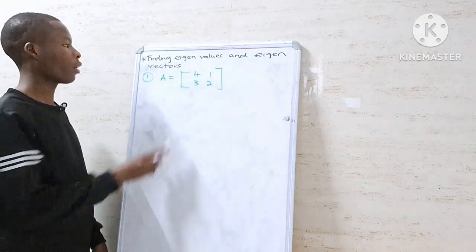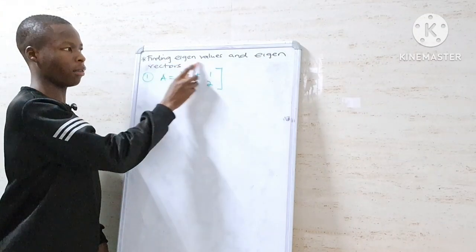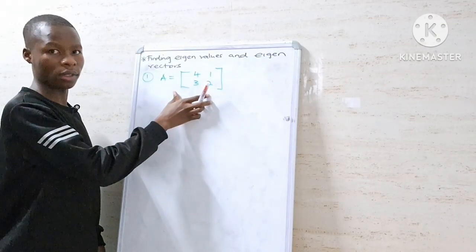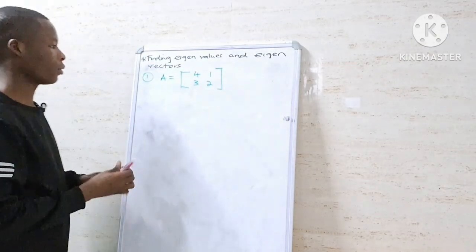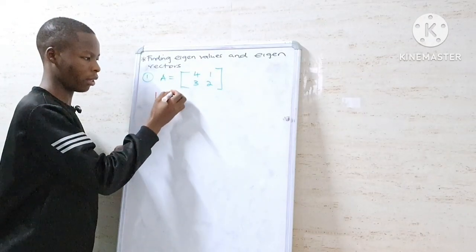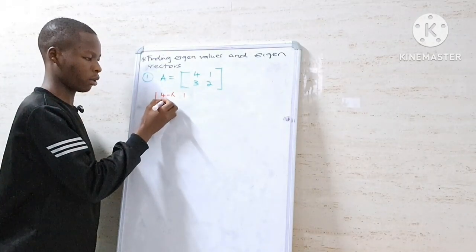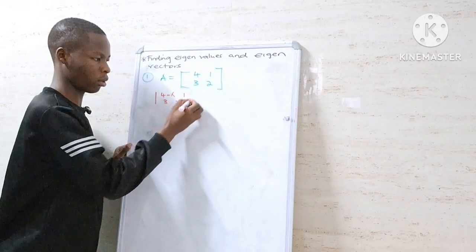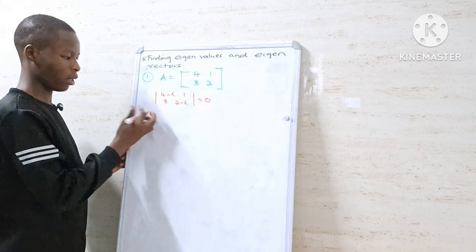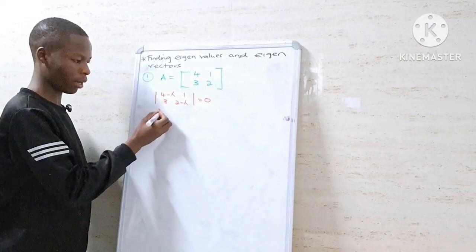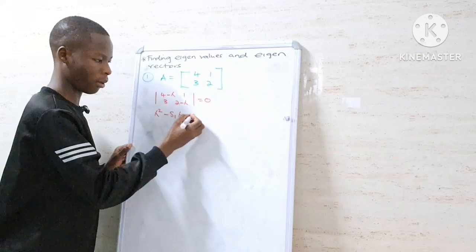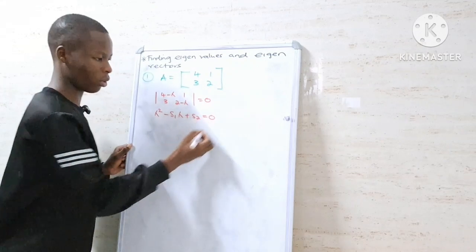Question number 1. Find the eigenvalues and eigenvectors of matrix A. This is matrix A. Now, the determinant of matrix A minus lambda I is equal to 0. If you check, this reduces to lambda squared minus S1 lambda plus S2 is equal to 0,